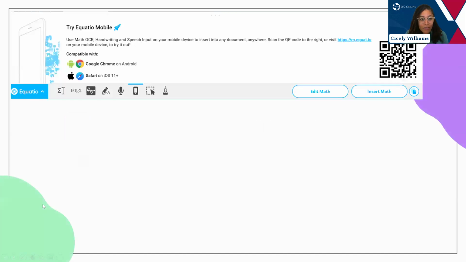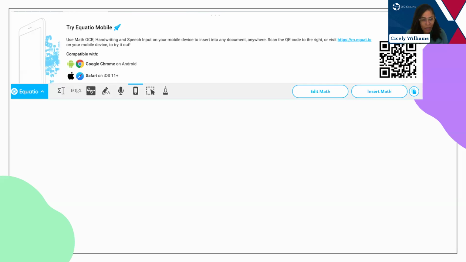The first feature I want to talk about is Equatio Mobile, and this is probably the one I'm most excited about, because it allows students to work their problems in real time while they're in the math class. Say I'm an instructor and I like to write on the board, and I want my students to work through the problems I've written. If a student doesn't have the ability to write out math problems, whether because of a dexterity impairment, or because they get confused looking at a math problem on a board and writing it on paper,